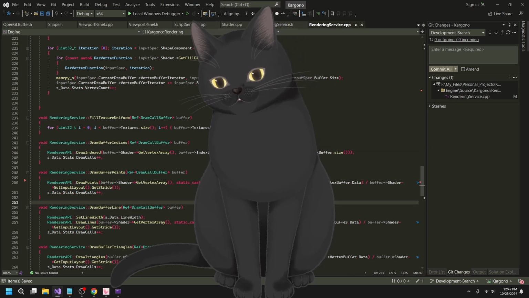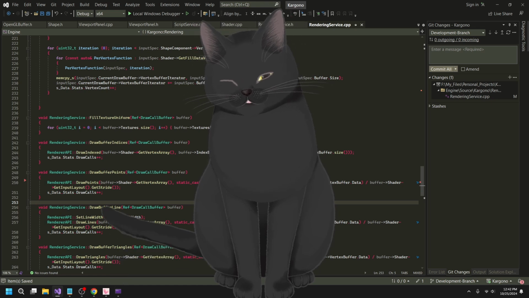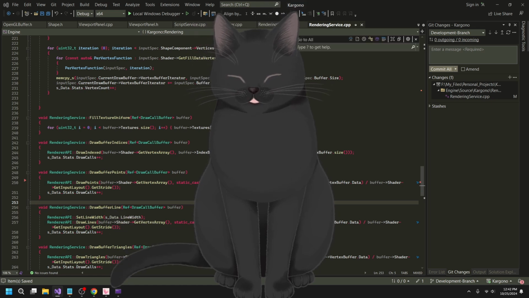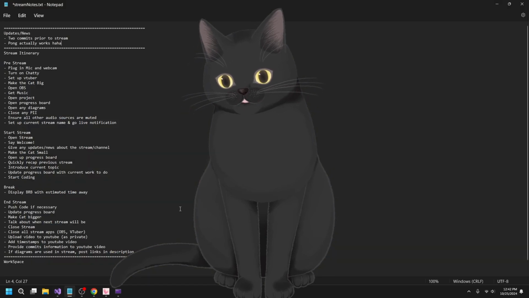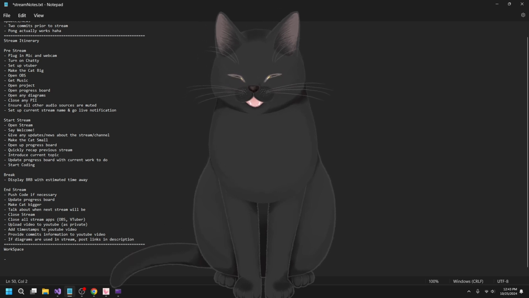So again, the first thing I wanted to do was add a while loop to my compiler. So let me head over to my script compiler. The first thing I need to do to add the while loop, I'll go ahead and write it in my little notes, is I need to add new keywords. So I need to add a while keyword, I need to add a continue, I need to add a break.